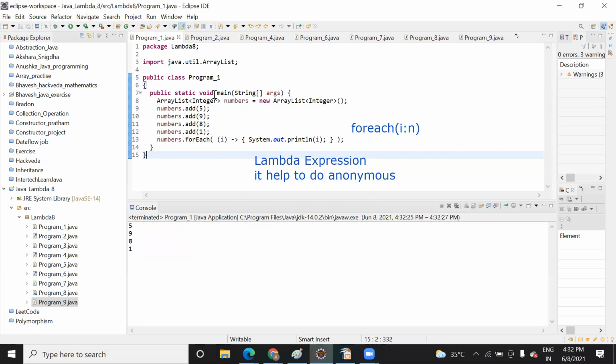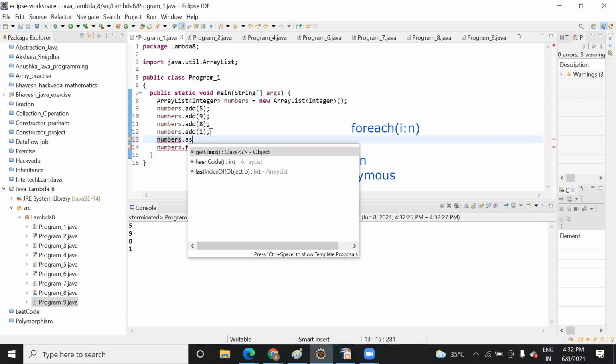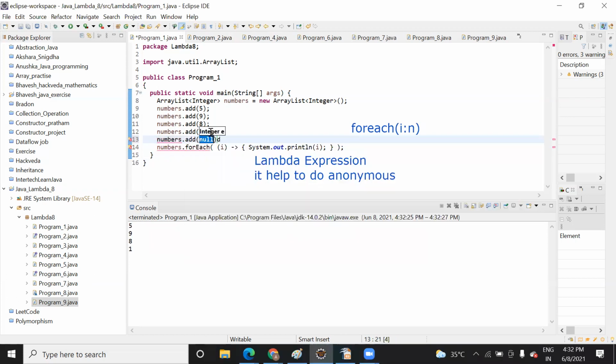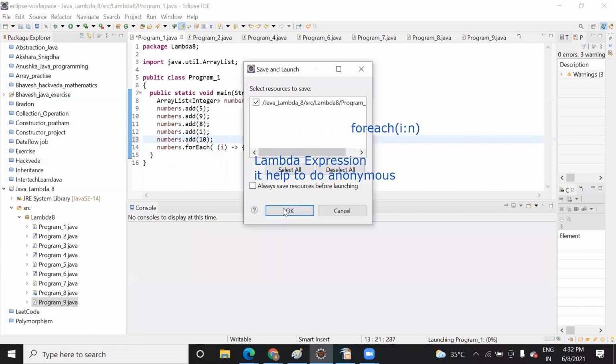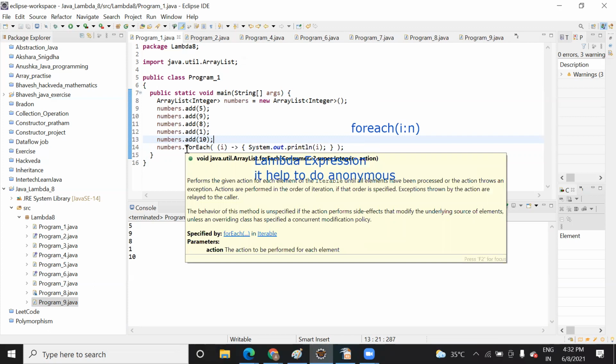So you see this, whatever element I have assigned, it is going to print it. Now if I add one more element and run this, see it will run and give that many elements. So what they are doing with respect to this number, this lambda expression we have added,